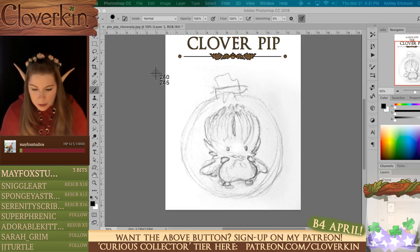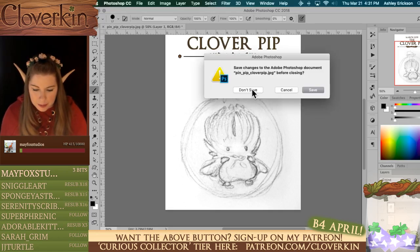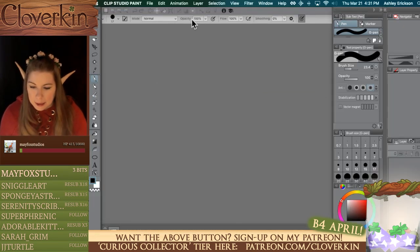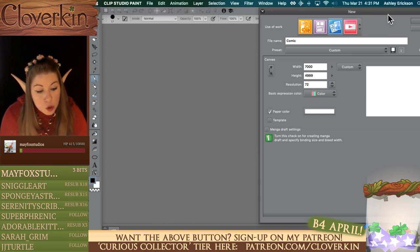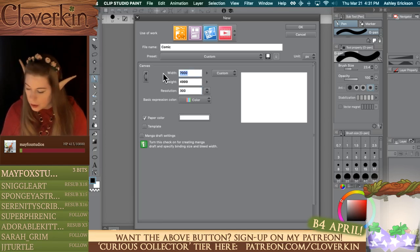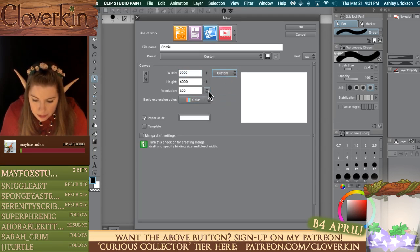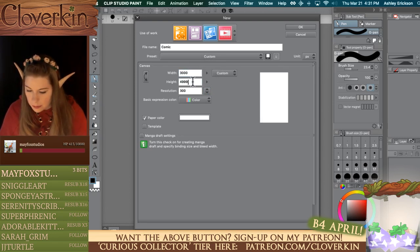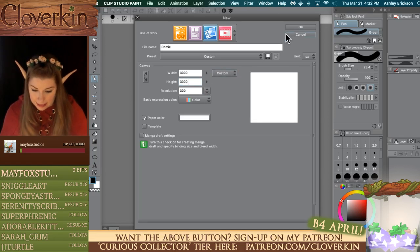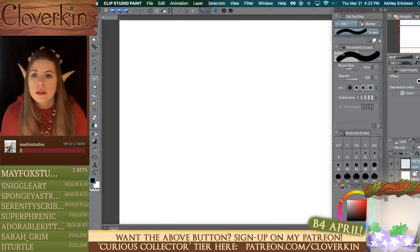Okay, so this was my initial design for it, so it's pretty jank, but to me it gets across what I need. So what I'm going to do now is go over to Clip Studio to do my inking because I want it to be super smooth. I'm going to set it to 300. I'm going to do my width. Let's do it in actual inches, maybe. Do they have inches? Oh, that's silly. Fine, I won't. Alright, let's do 3,000 by 3,000. That's safe, at least. And I'll bring it over there. I'm gonna go open it up